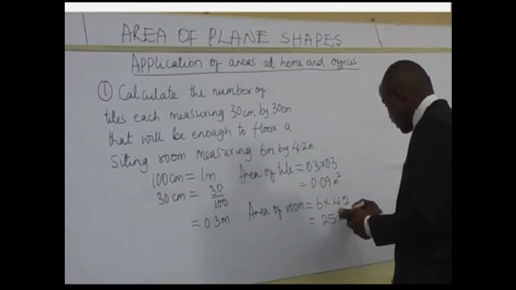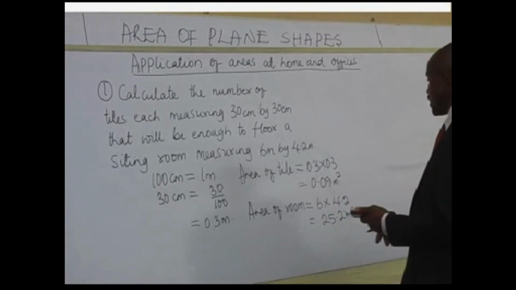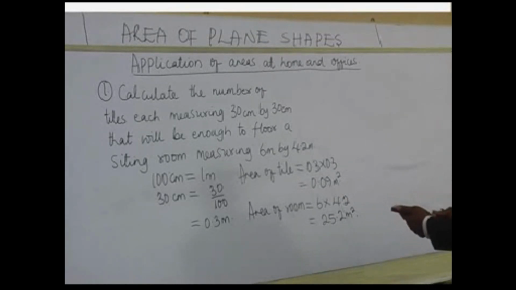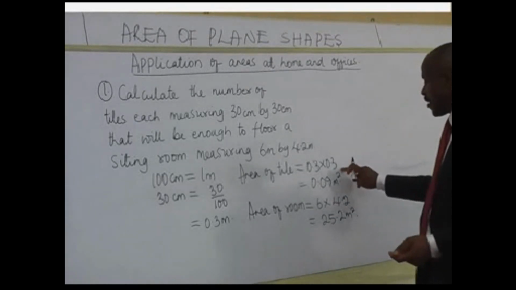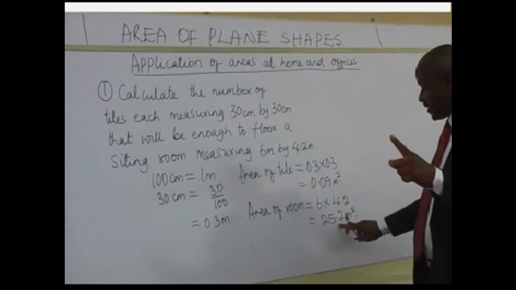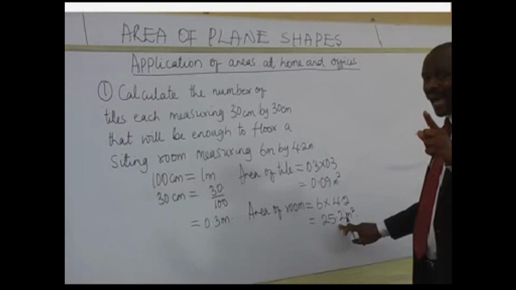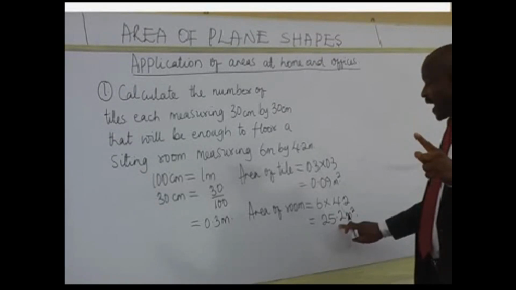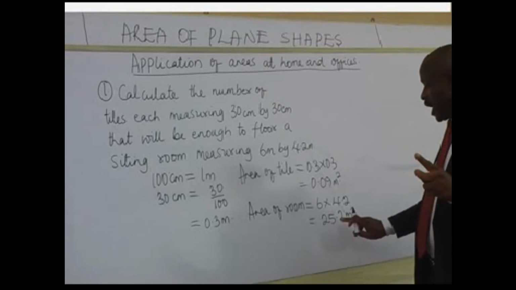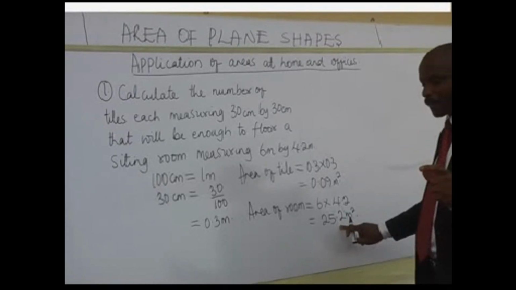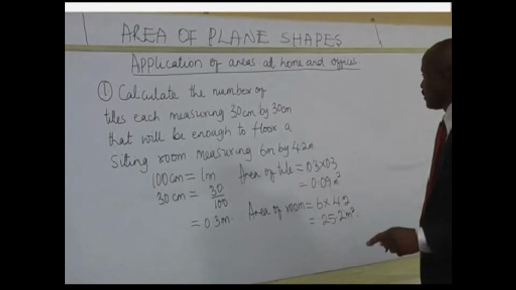Remember, this is meter squared, and this is meter squared. Now, this is the area of one tile, and this is the area of the room you want to tile. The number of tiles that will be required to tile this room will be the area of the room divided by the area of one tile. And it's